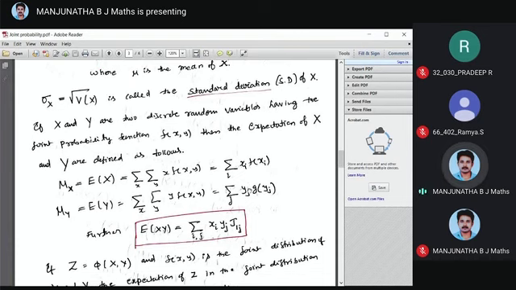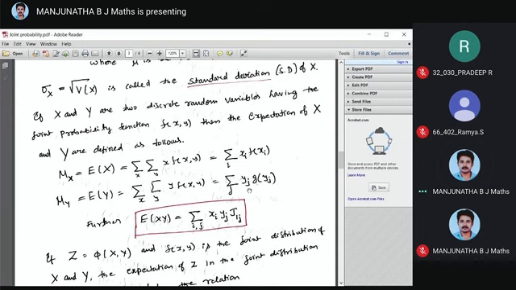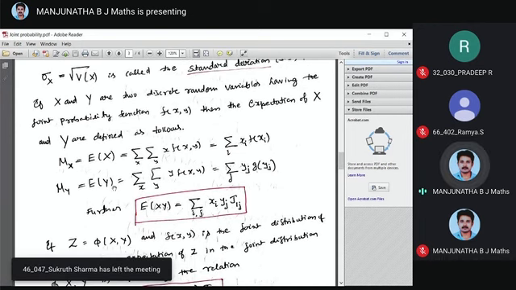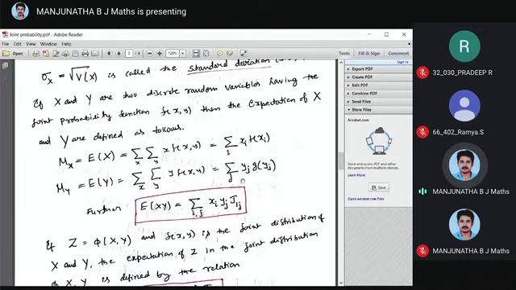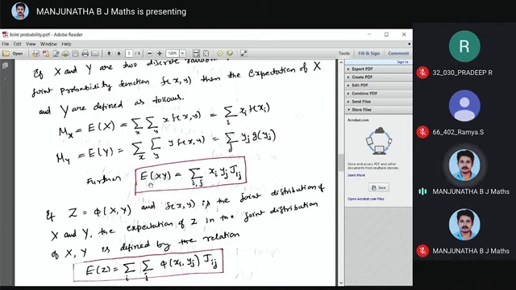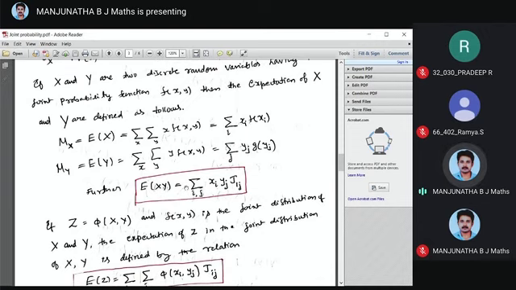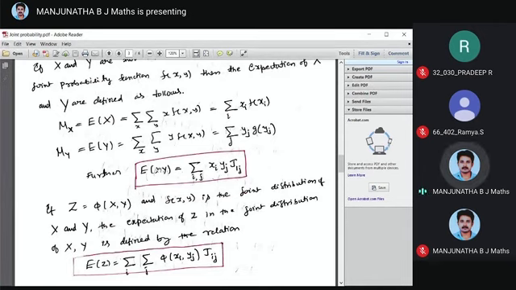That is because we have to write only the distribution for x. Mu y equal to expectation of y, summation of x, summation of y into f of x comma y. That is summation of j, yj into g of yj. Therefore, the expectation formula is the same for both two variables and one variable. So, if you want the mean of x, you take xi f of xi. If you want the mean of y, you take yj into g of yj. Further, expectation of x into y is defined as summation ij xi yj fij. fij is the joint probability table, right? This is expectation of xy.